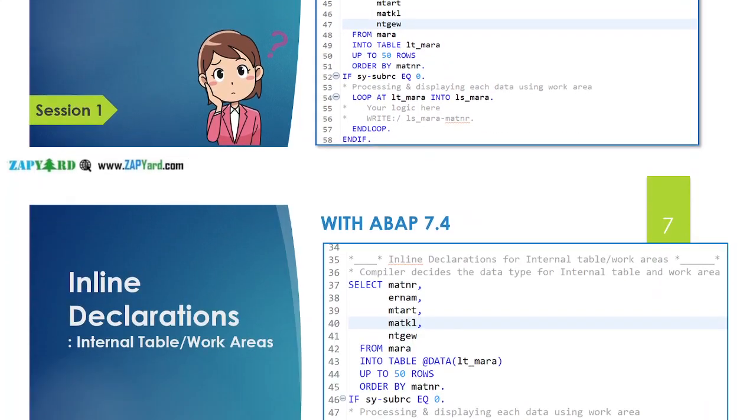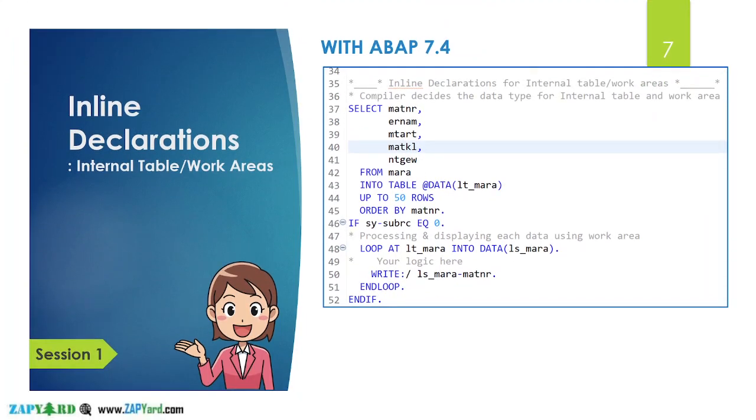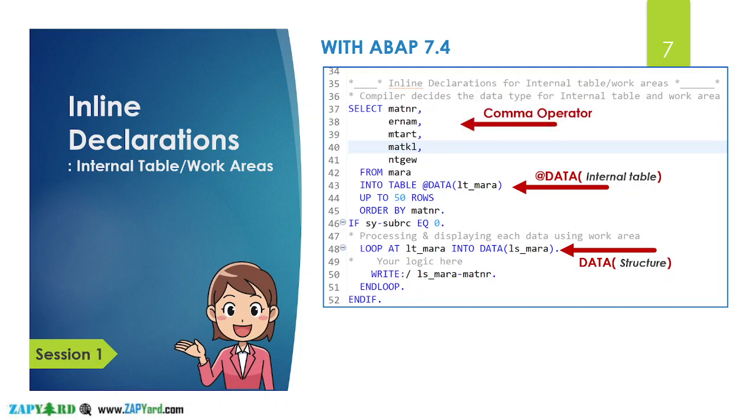So, with the new version of 7.4, we use the declaration operator DATA again to declare and use internal tables or structures in one go. Note that we use the @ operator, which is called the escape character, to declare internal tables with the select query. The escape character here identifies the host variable and differentiates it from fields of the database. Also note the comma addition to the select query. It's used to separate the fields list of the database table.